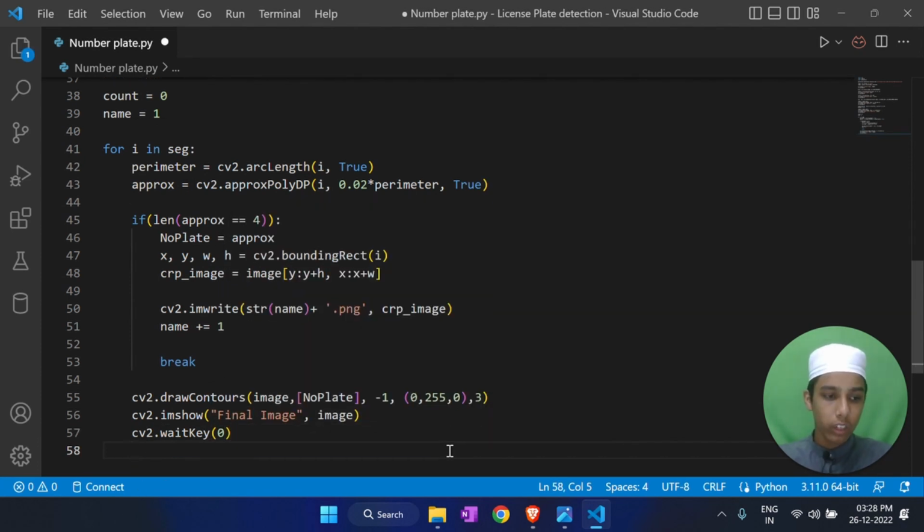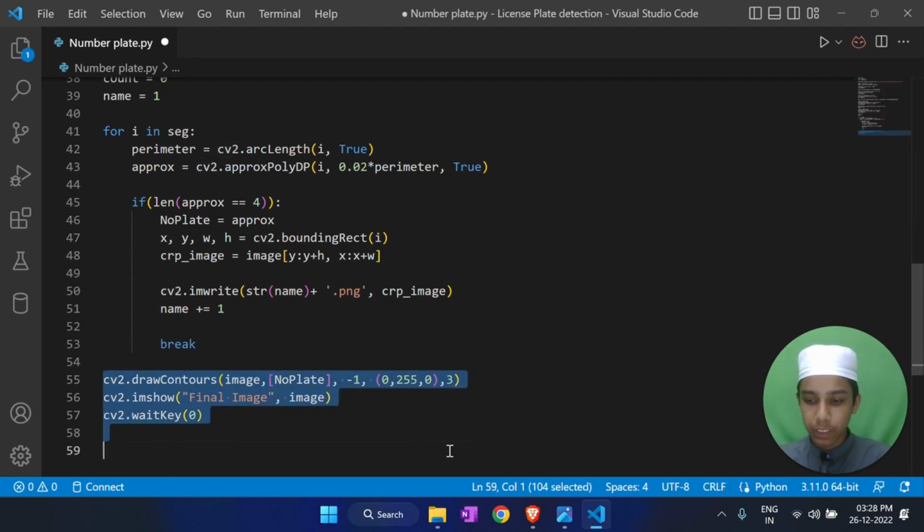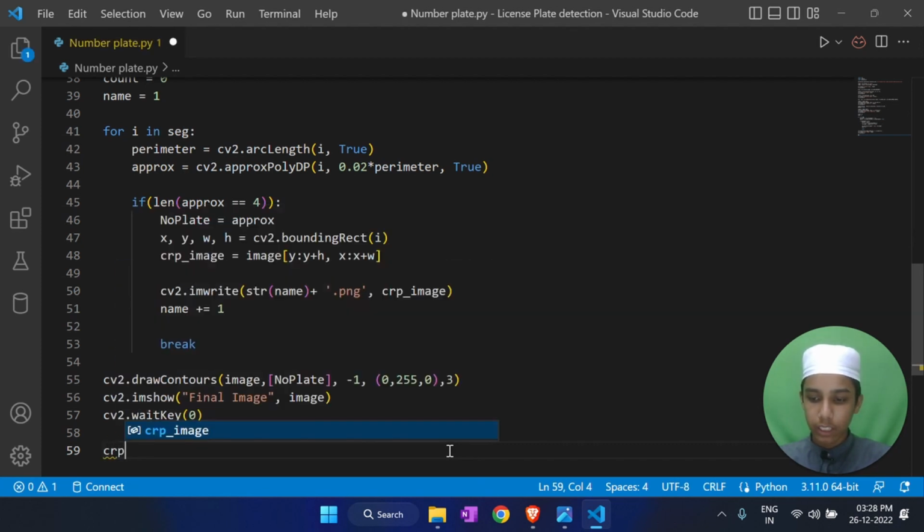Now below this one I am going to give something like crop image. But here I have made a mistake. Now we have to give something like crop image, and it should be img, a new variable, okay, it should be equal to